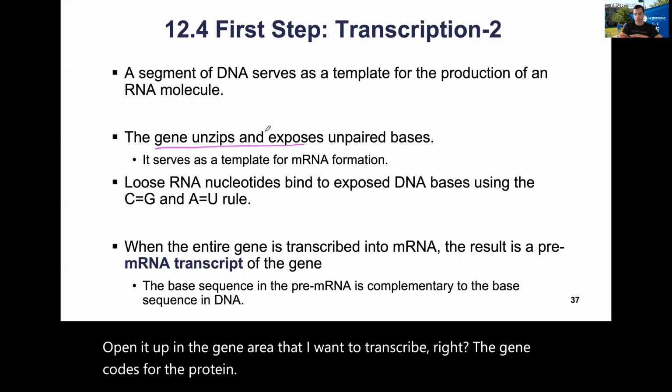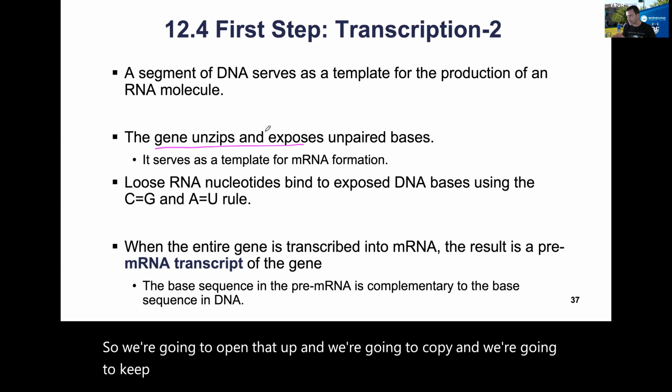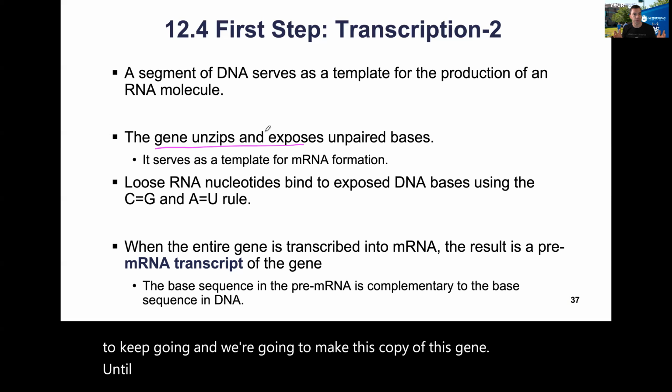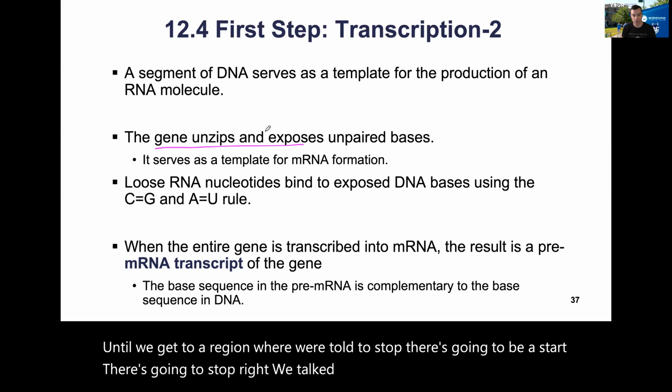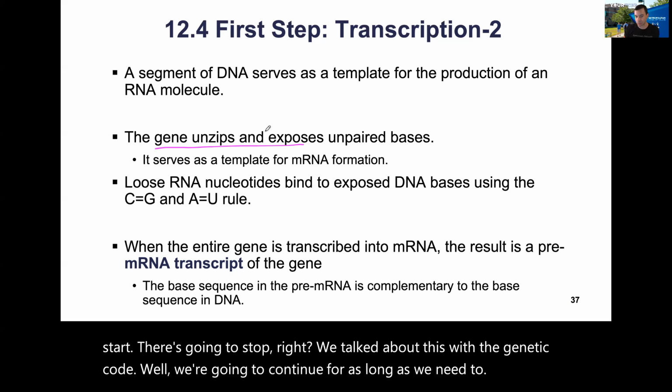So we're going to open that up and we're going to copy, and we're going to keep going. We're going to make this copy of this gene until we get to a region where we're told to stop. There's going to be a start, there's going to be a stop, right? We talked about this with the genetic code. We're going to continue for as long as we need to until we're told to stop when we're transcribing,